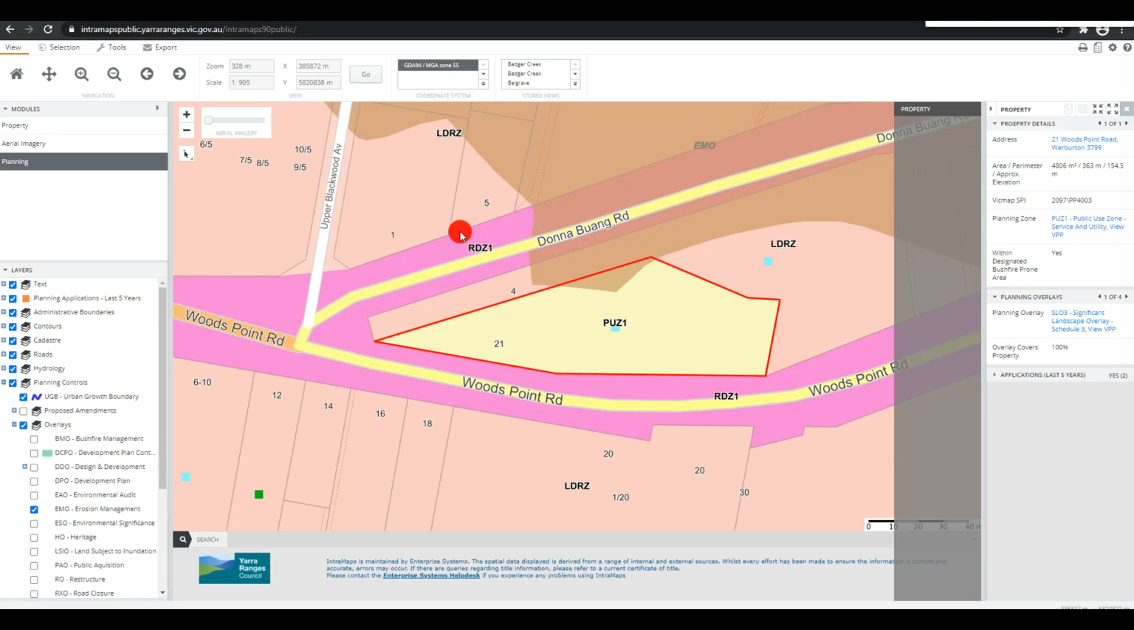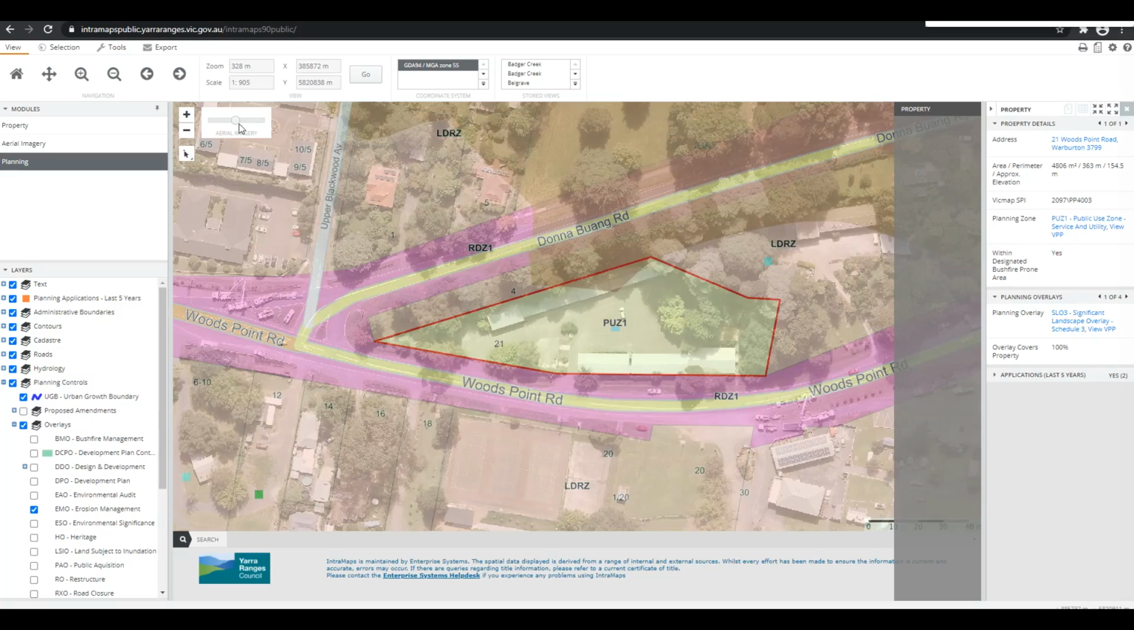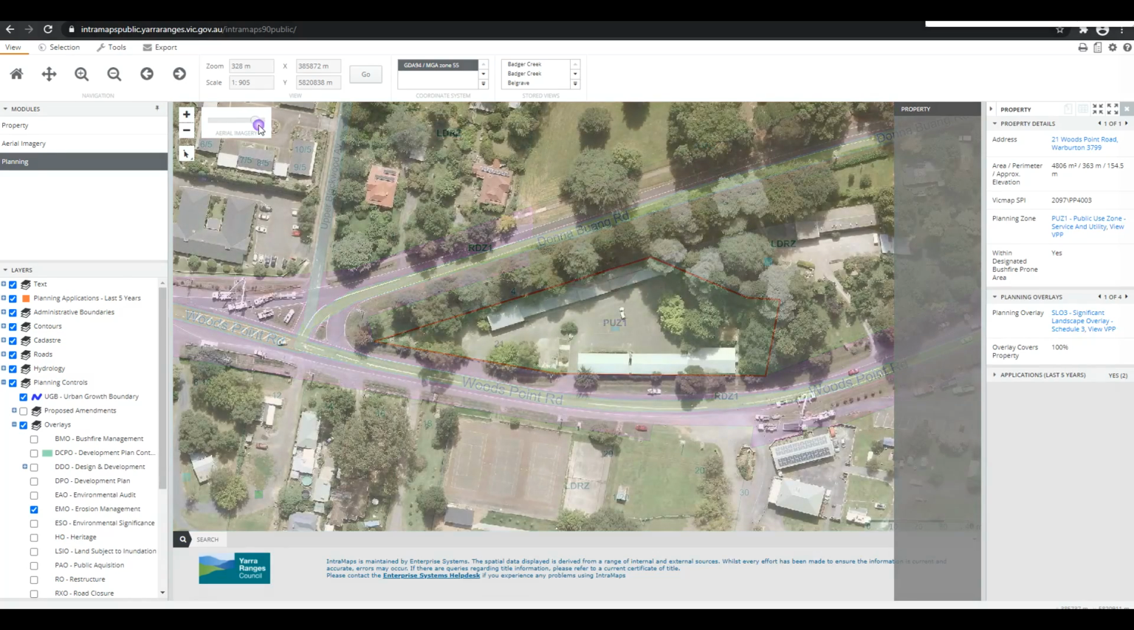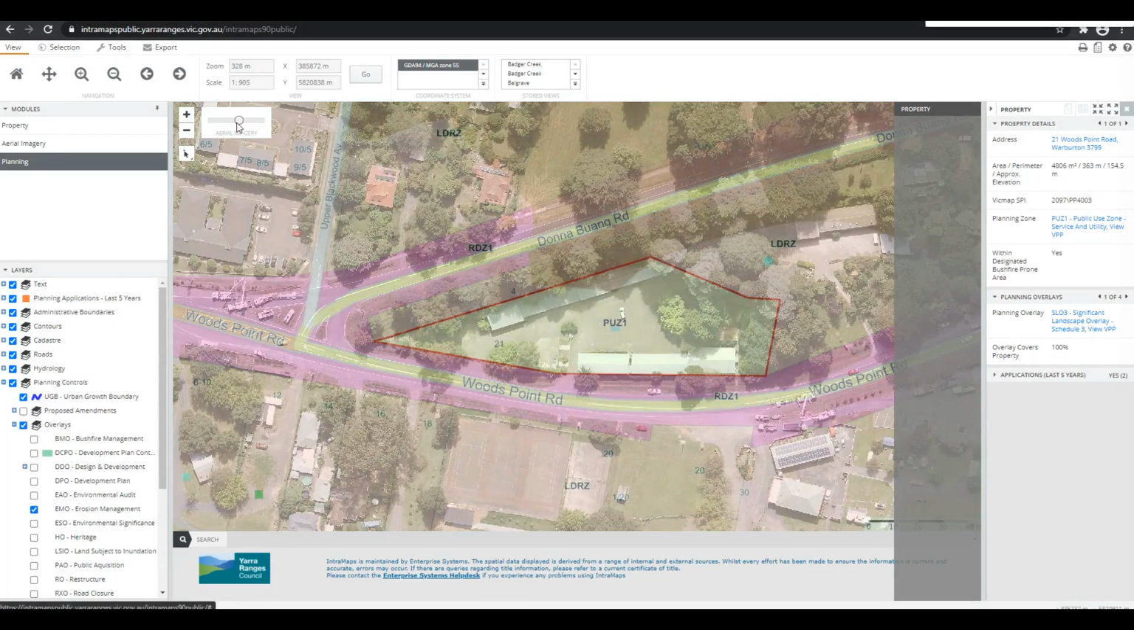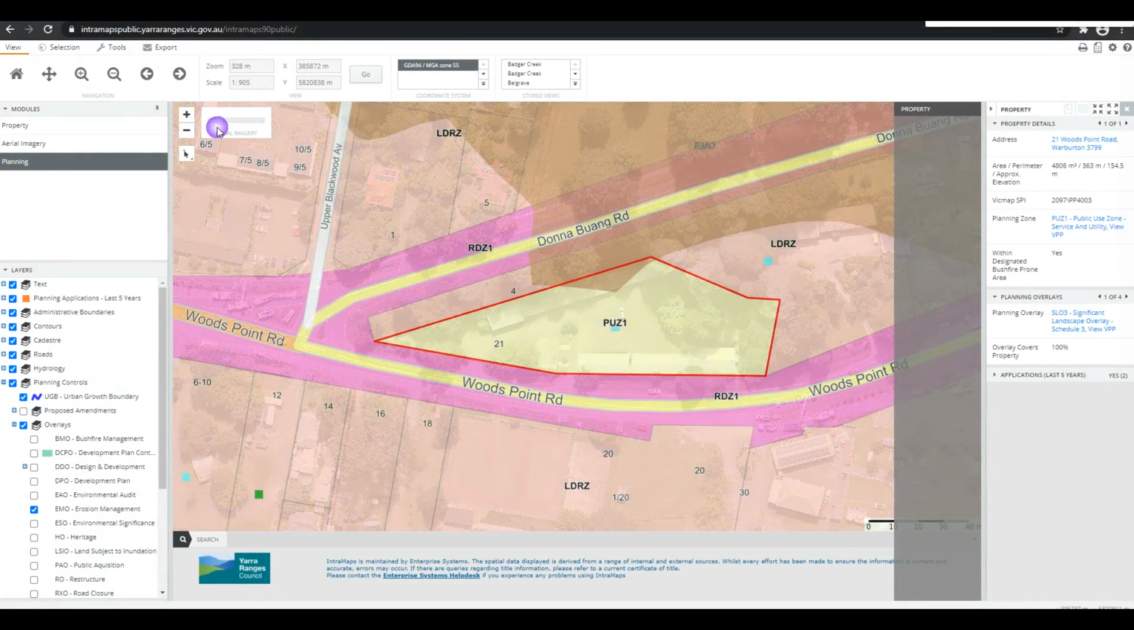Toward the top left of the map display, you will see the aerial imagery slider. This tool can be used to display aerial imagery by sliding the circle to the right. You can also adjust the opacity of the aerial imagery by sliding the circle back and forth. Once you have adjusted the aerial imagery so that you can see both the erosion management overlay and the imagery,